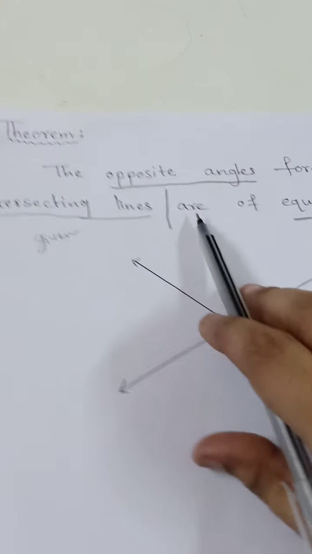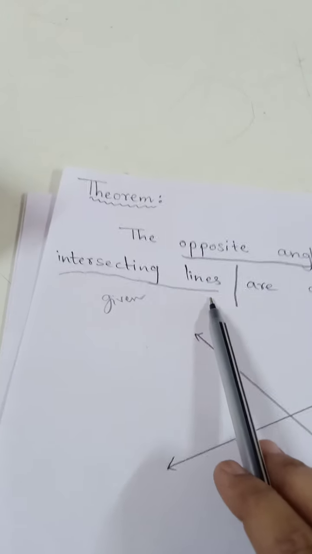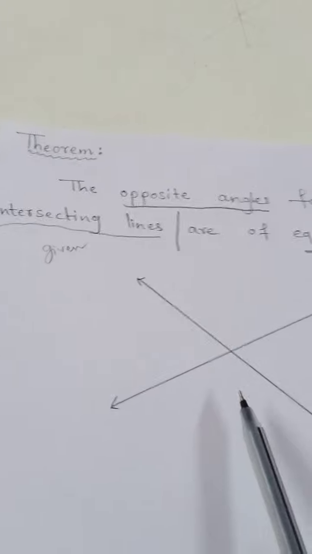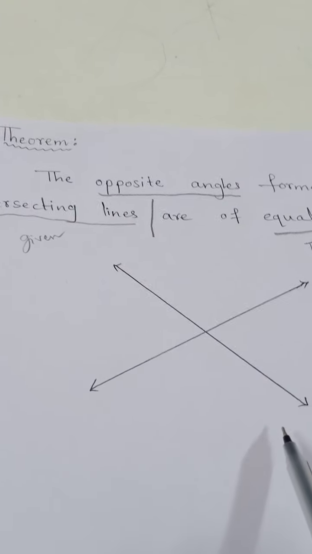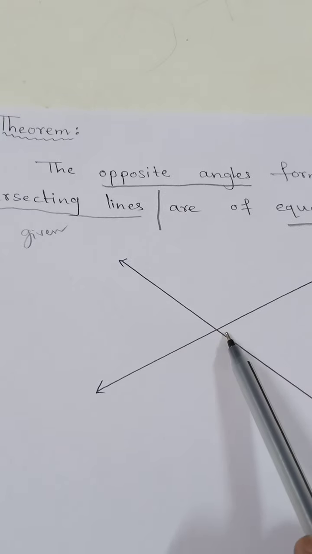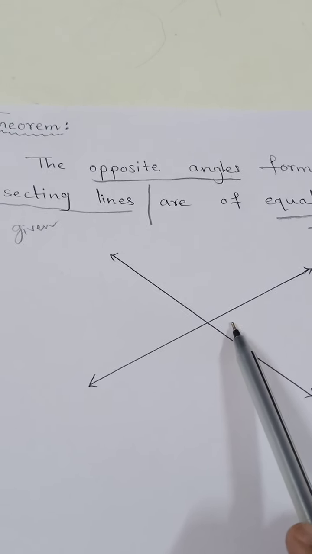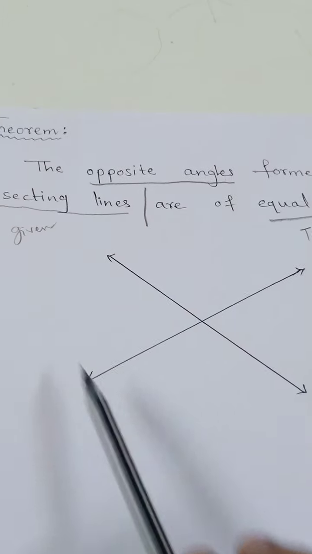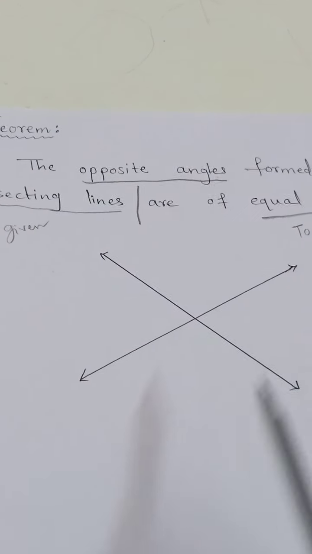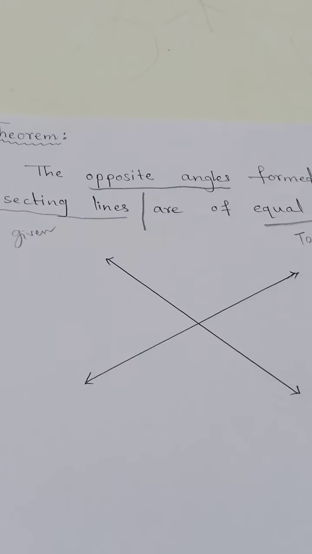So here our given statement was two intersecting lines. With this statement I have taken a figure of two intersecting lines. It is not a complete figure. Now you can observe this figure. It is called a blank figure. Why is it called a blank figure? Because I have not taken the naming. Without the naming, the figure is a blank figure. So we have to give the naming to it.